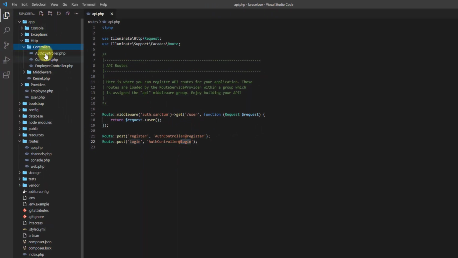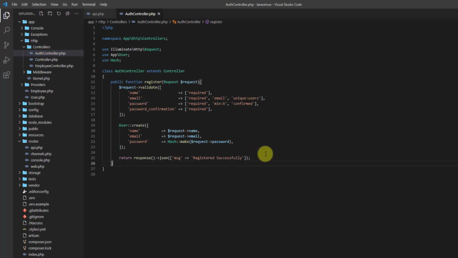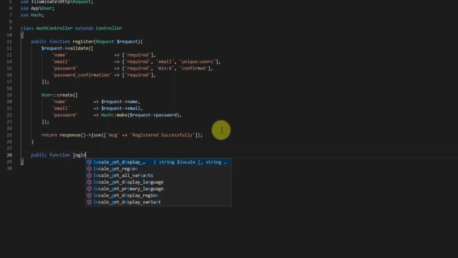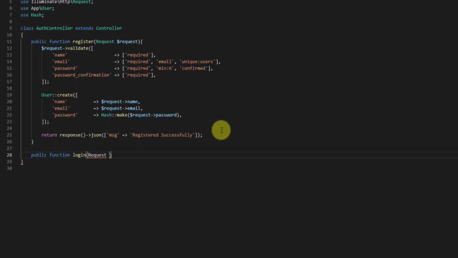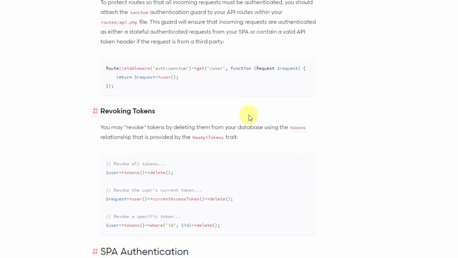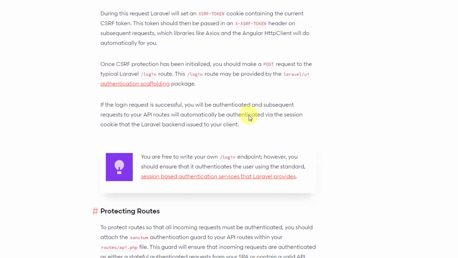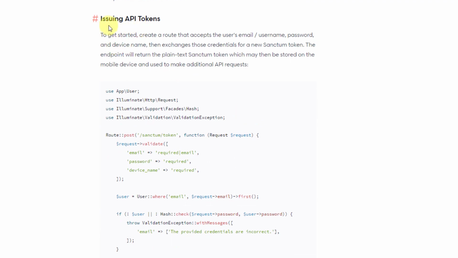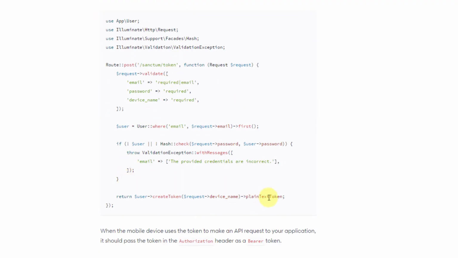So let's go to http controllers and auth controller. So in here let's press enter, let's say public function login, and we have request coming from the inputs. Well, inside here we don't have to write anything by ourselves. We can copy everything from the documentation. So in here if I scroll down, this is the part issuing API tokens. So let's copy this code from here